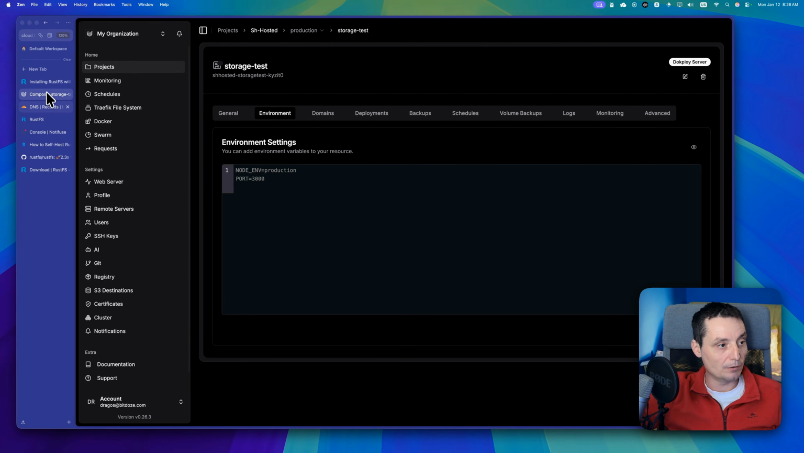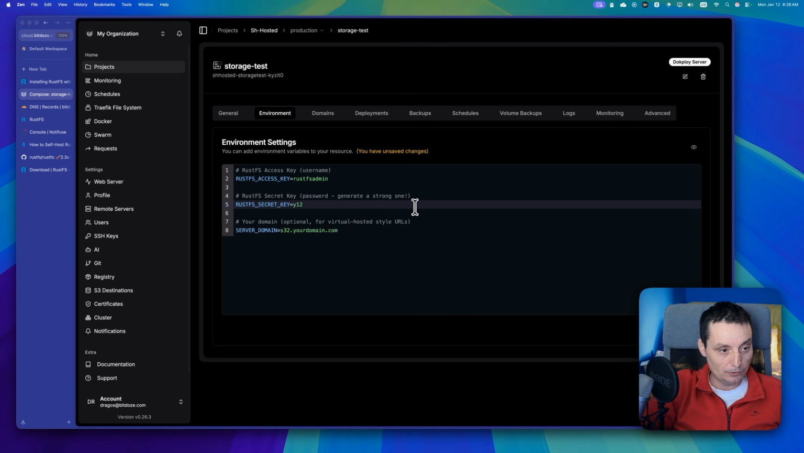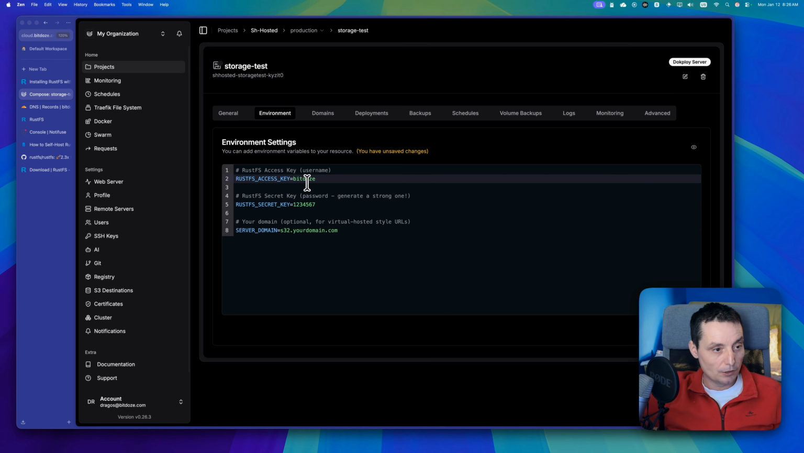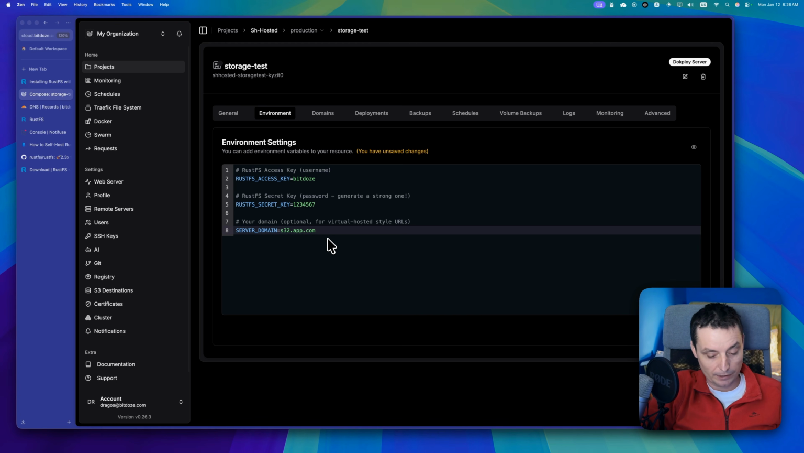In the environment variables, you're going to need to add the details in there. So let's go and see. I'll put S32 for this, and in here I will just put 1234567 password like this. So the user will be Bitdoze, and the password will be like this. Of course you can create one that has more strong characters, and in here I will put the domain like this. So the server domain will be